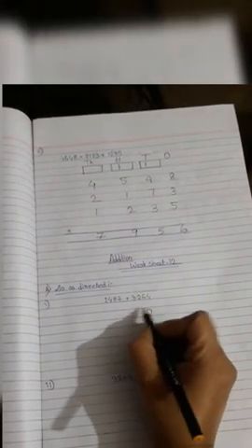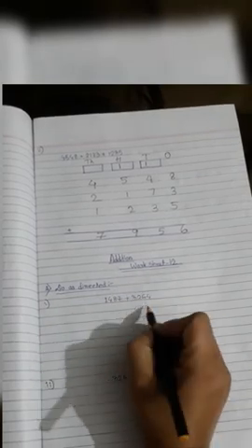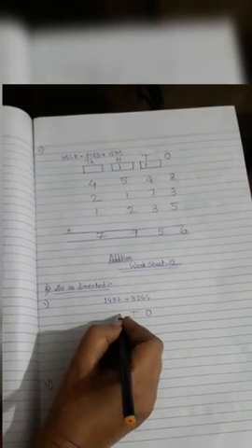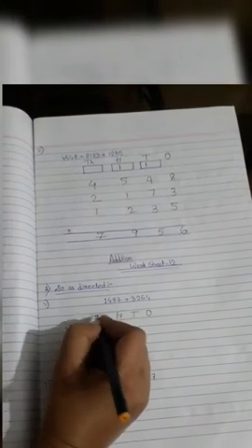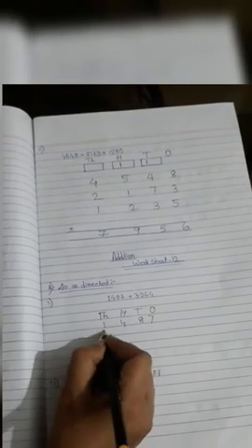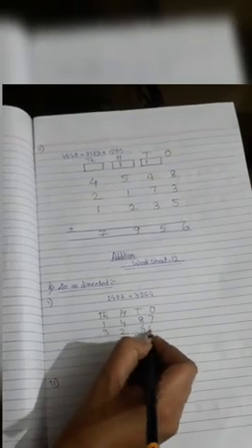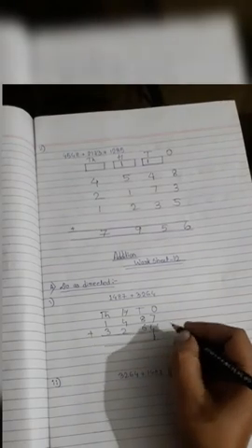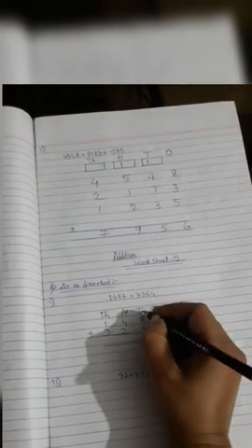Now you do excess addition, worksheet 12, do as directed. So first arrange the place value chart. Ones, tens, hundreds, thousand. 1487, 3264. You have to add these two numbers. Now add 7 plus 4 will be how much? 7, 8, 9, 10, 11. So put 1 at the ones place and 1 ten at the tens column.